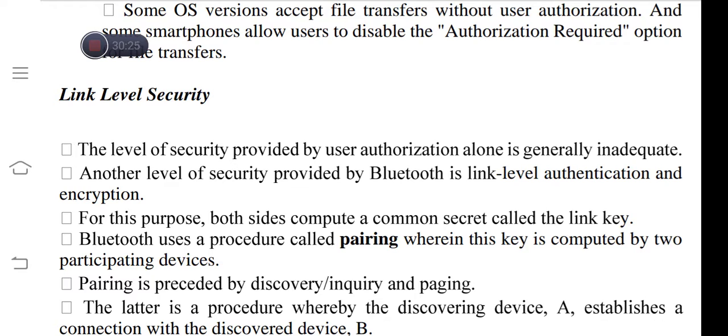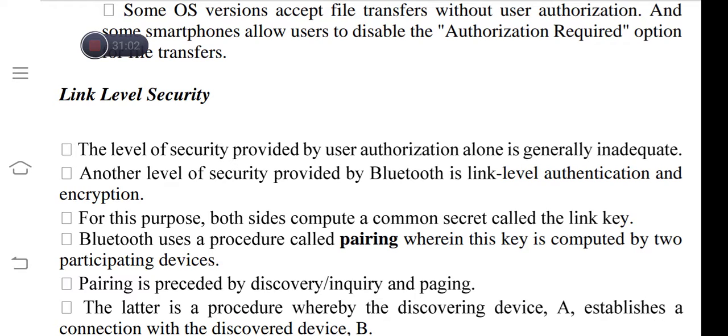For this purpose, both sides will compute a common secret called the link key. The key will be generated at both ends, A and B. Bluetooth makes use of a procedure called pairing, wherein this key, known as the link key, is computed by the two participating devices. Pairing is preceded by discovery or inquiry and paging.